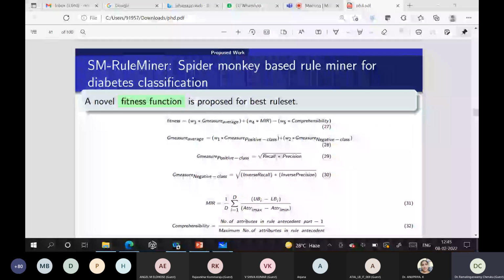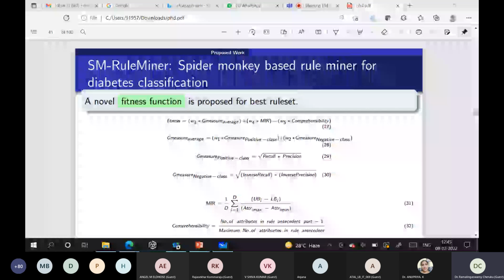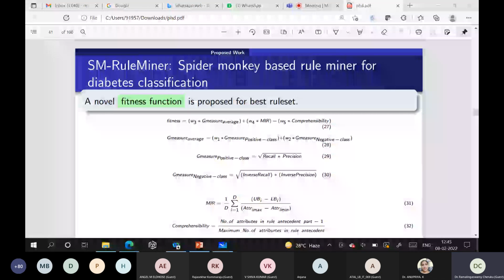You have to carefully choose this fitness function. Towards this end, I am interested in rules that should be more accurate as well as more compact. Means the size of the rules should be as small as possible. At the same time, we should not compromise on the performance of these rules on unseen data, called test data.